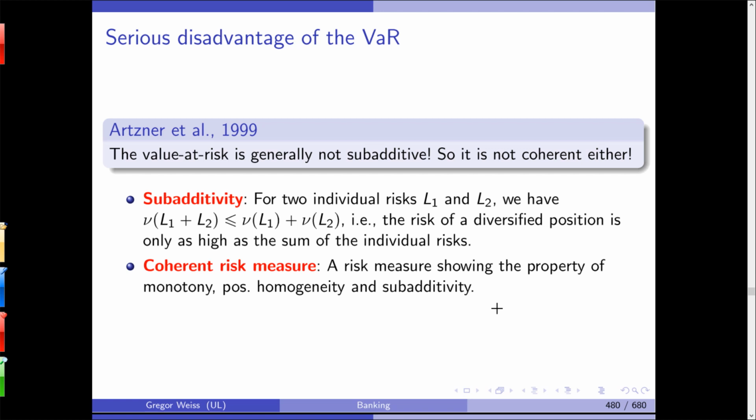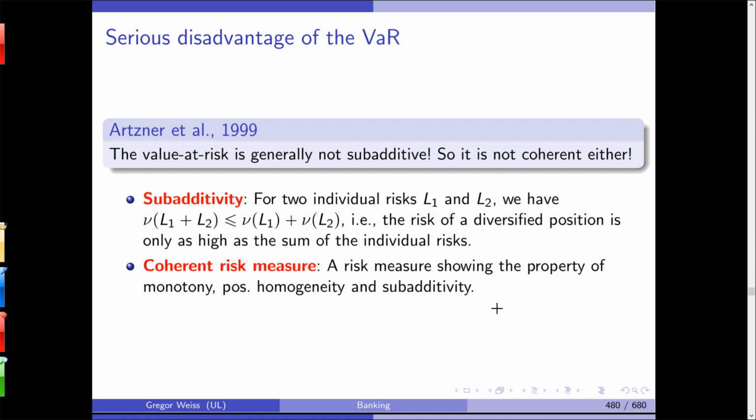And a risk measure that satisfies this property is called subadditive. It's not additive, because then you would have an equation, but it's subadditive, meaning that if you add those two positions, you should see some diversification, and the result is subadditivity. Problem is, value at risk is not subadditive for all statistical distributions, not always. It is subadditive for so-called elliptical distributions, normal distribution, Student's t distribution, but not always. And a coherent risk measure is a risk measure that is subadditive,